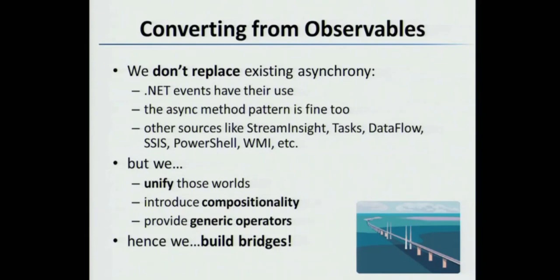All right, another thing we should note here is we're not replacing existing asynchrony. There are all these wonderful things like StreamInsight and tasks, and we want to have all of them. But what we have now is IObservable, which is the way we can have these things communicate together. All of them are just various forms of streams. Once we have that, we can have this unifying interface, bring them together, and then query them. Just like I said in the 0th episode, we're the glue that you can use to glue all these things together and compose them. It's just like IEnumerable is the unifying sequence for a lot of data stores, like